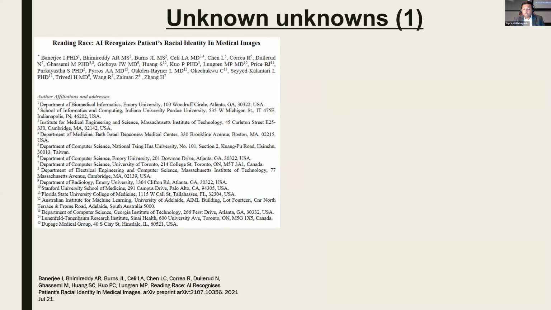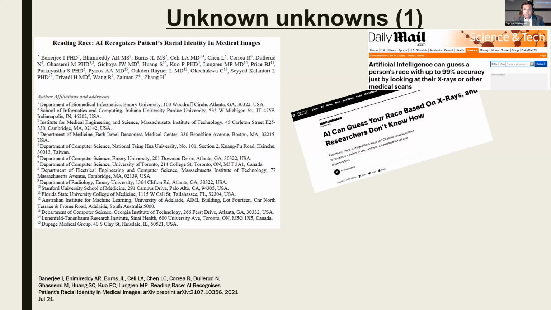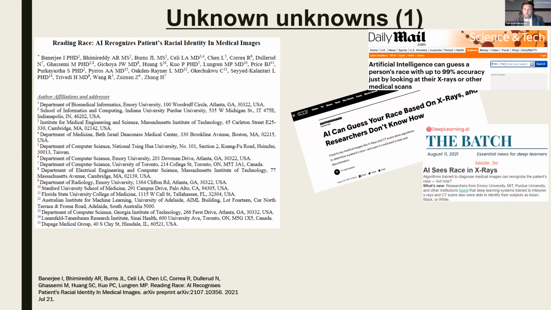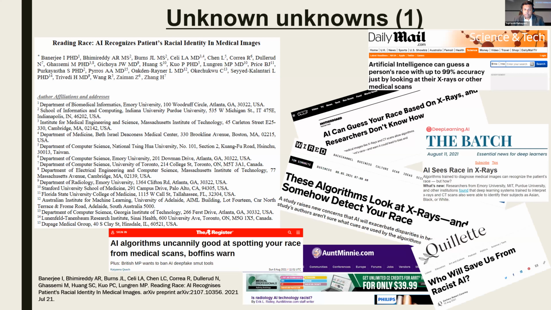And the last part that I want to talk about is something about unknown unknowns, right? So there are some things. This is a seminal, pathbreaking paper that we published about 2 years ago, where we were able to show that AI is able to recognize a patient's racial identity just through plain medical images, and humans don't know how the machine learning models are able to do this. A lot of press covered this paper, and we still don't know how the AI model is able to